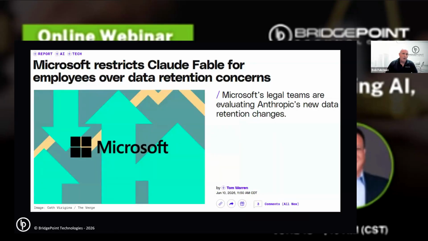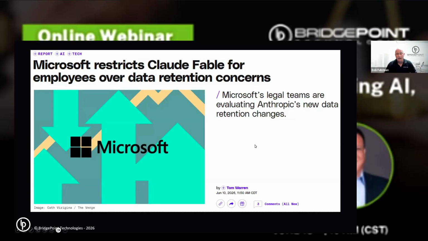Microsoft saw Claude Fable as a version of Claude, and they saw that they changed their retention somewhat silently, but people like me that do read the privacy policies noticed it. They said, we never retain any data, we just take it and give you feedback and then we drop it. We don't store it. They suddenly changed it so that they're keeping it for 30 days. And reading into this for my prep, one of the articles even said, if you go read the language, it actually says not "at least," but it says "and maybe more." So we keep it for 30 days and then, wink, wink, maybe more.